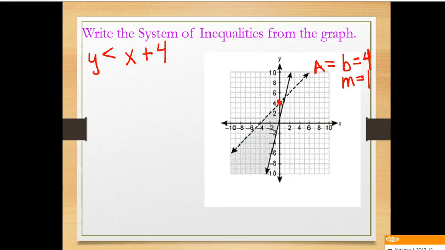Okay? Now let's look at the next equation. I'm just going to call that equation B. It's a little bit harder to see where this equation crosses through the y-axis, but we're going to say it's right here at 1. Okay? All right, so my y-intercept is 1 for my equation B, and my slope is